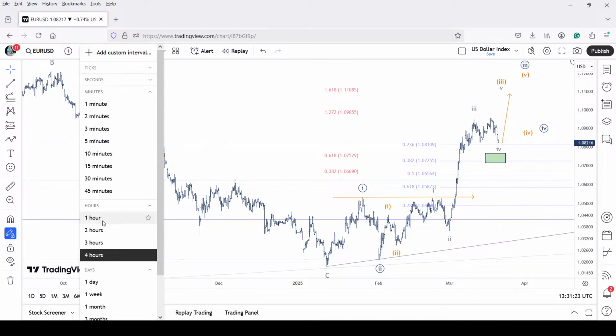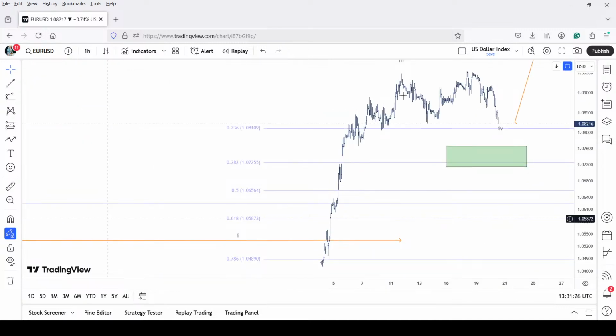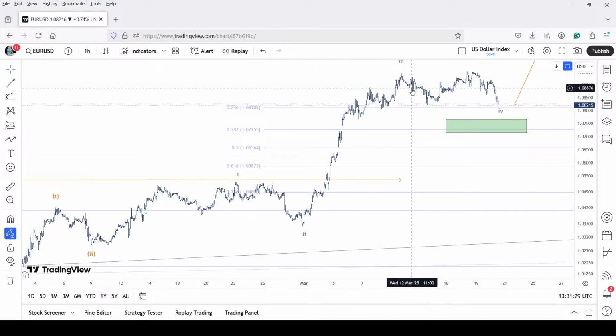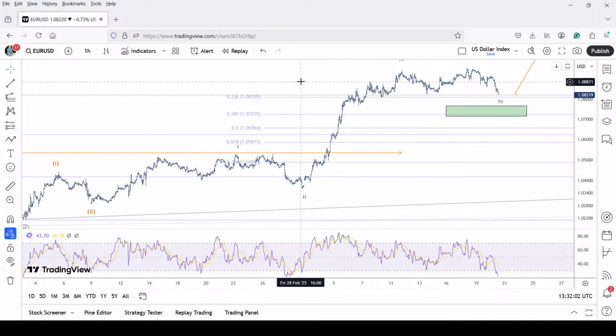Let me just bring up the hourly chart. I think the first decline was a W, X, and Y. Sorry, A, B, and C. So that is a W. Another rally A, B, and C. So that is an X wave. And Y should also comprise of A, B, and C. So that is five down, which makes A, B, and now another five wave down. Believe it or not, a WXY combination is just complete now, and it is a good place to enter on